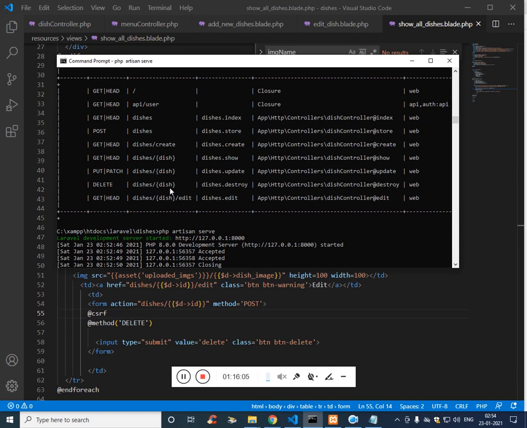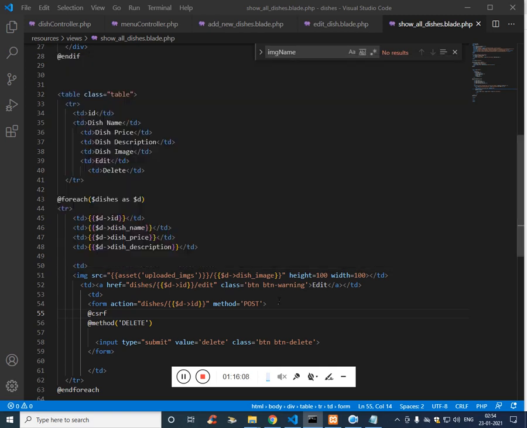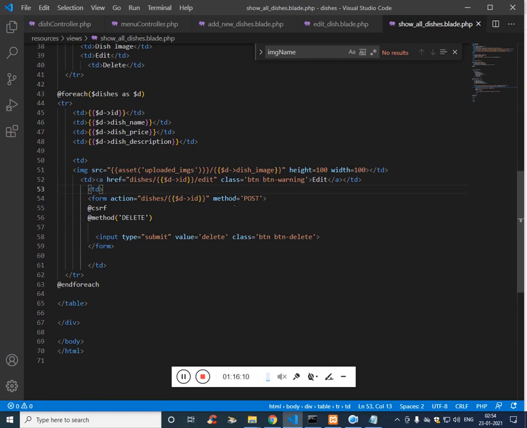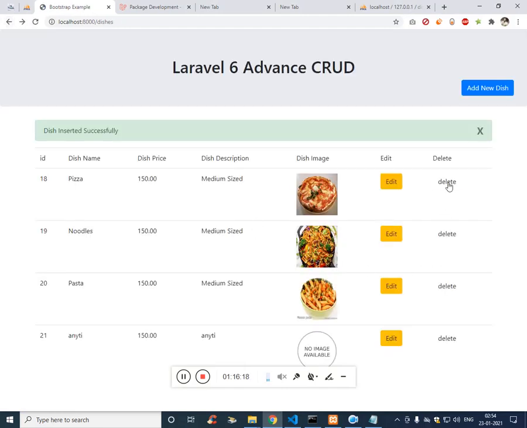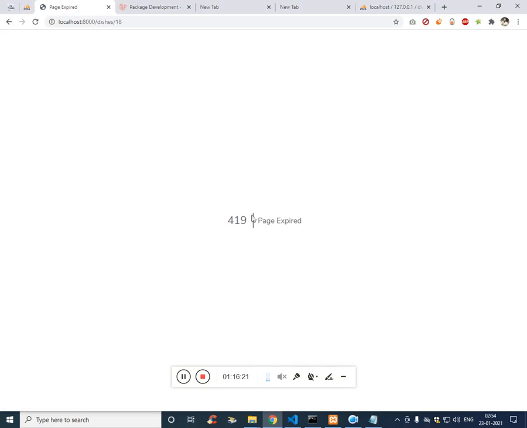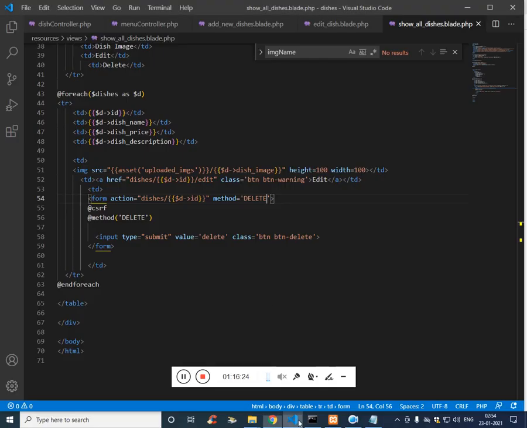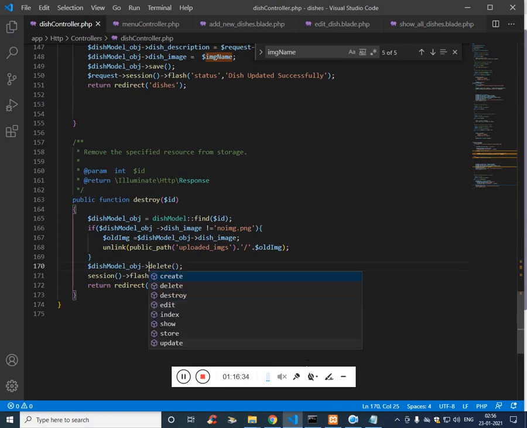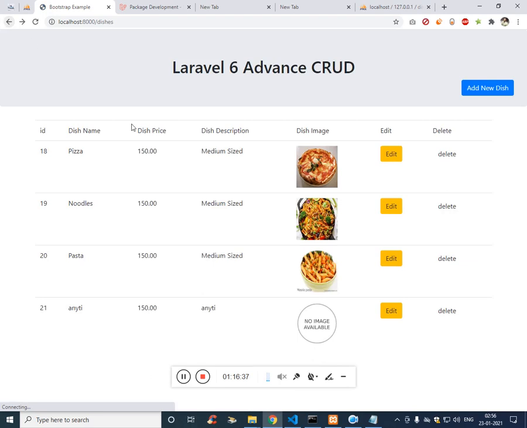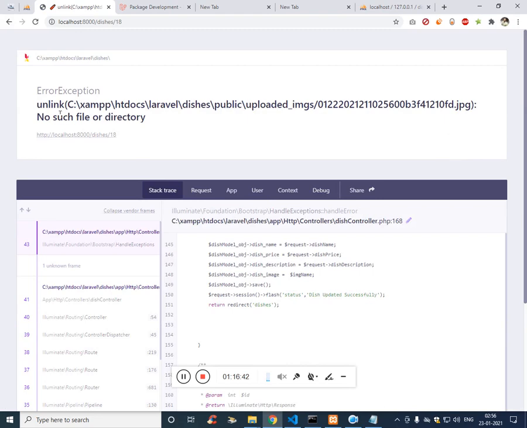Dishes, dish, destroy, seems right. So you see, it is actually the arrow, not dollar. Delete. Unlinking is the problem again.